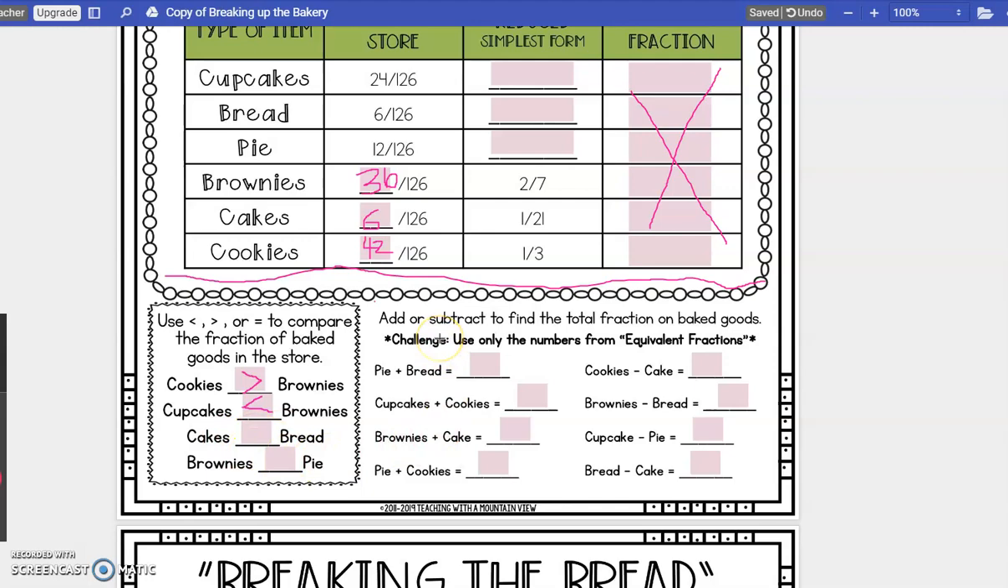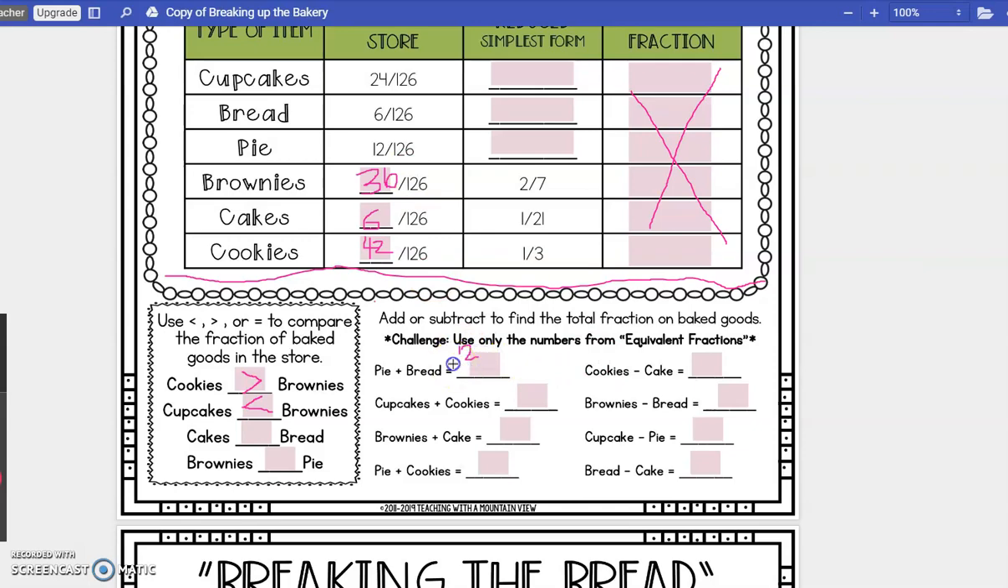And let's move over here to add or subtract to find the total fraction of baked goods. So in order to add or subtract, we have to have the same denominator. That's why we're using this area right here. So let's look at pie and bread. Pie and bread. Pie is 12